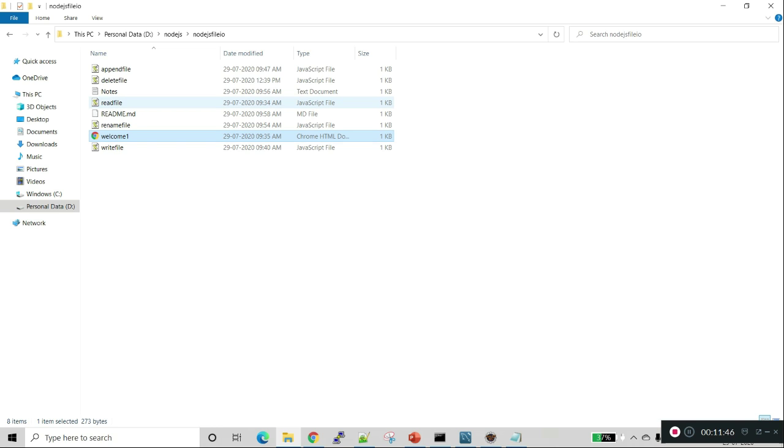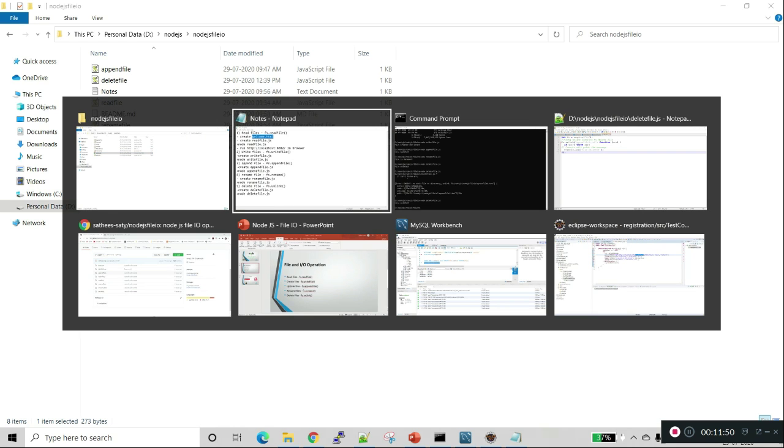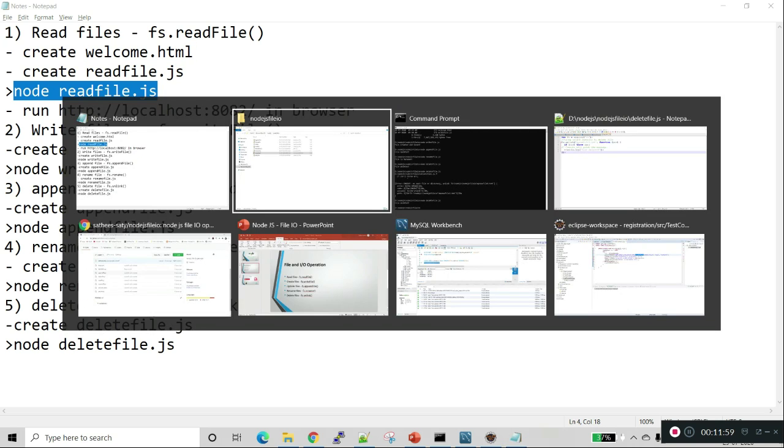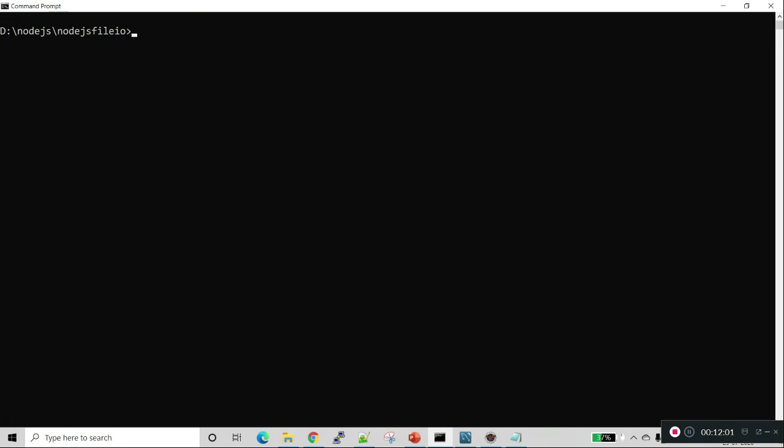So I have renamed the welcome file to welcome1.html. We'll run this file again with node readfile.js. Now we will create the screen. The server is running at localhost 8082.